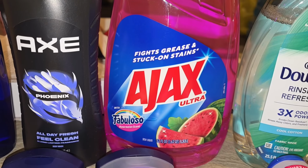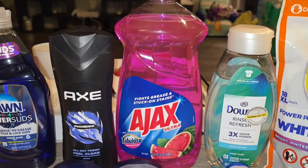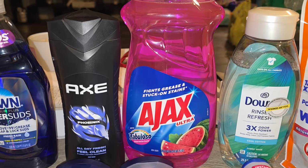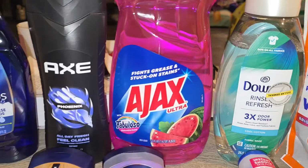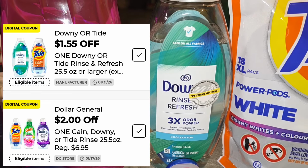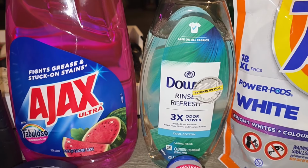Now we have Ajax, and this is a 52-ounce bottle, y'all. Look how big this bottle is. I don't know if the video is giving this justice, but y'all, this was $4. We have $1 coming off, making it $3. Then on the Downy Rinse, it is $6.95. We have two coupons coming off as well, $1.55 and a $2 coupon, making this just